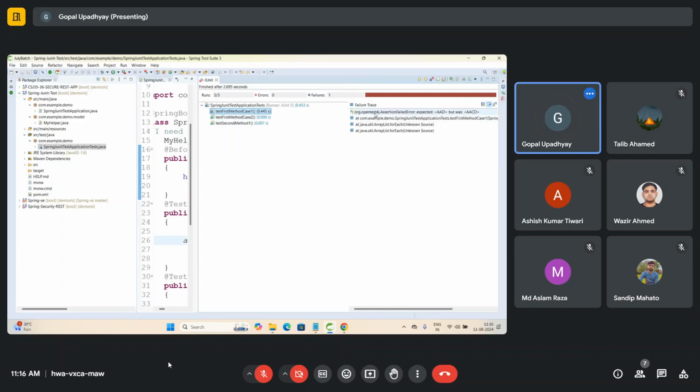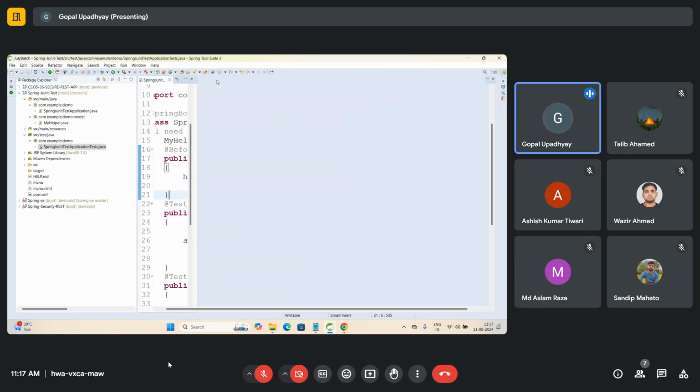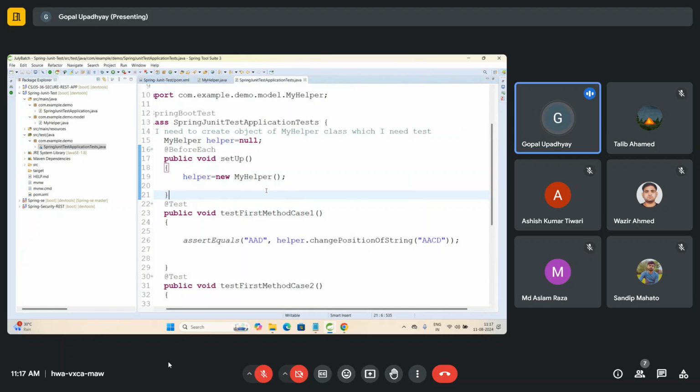org.opentest4j.AssertionFailedError: expected is AAD, but it was AACD. It means the expected value is AAD, but AACD is coming. So that is the reason it's not matching the expected criteria, and that is the reason the test case failed. So this is the way we are going to test our functionality, our units, our classes